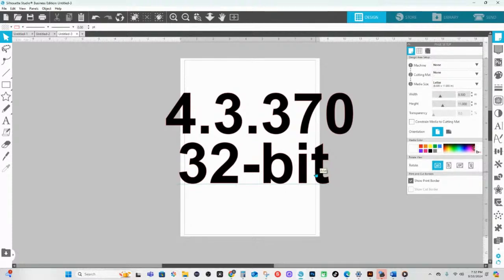If you were to buy a brand new one, their new models are the Cameo 5, the Portrait 4, or the Curio 2. If you want to get any of those, you have to have version 4.5,